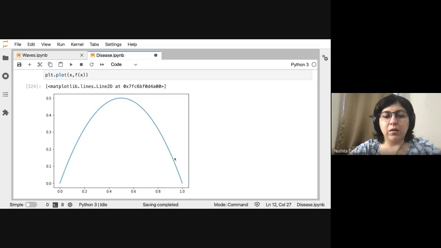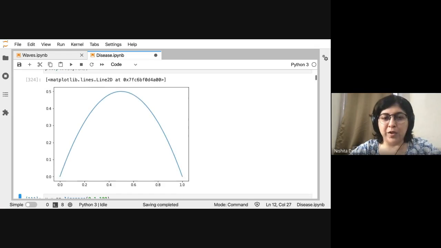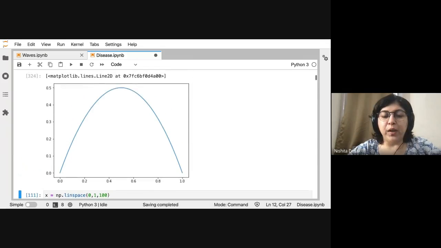Okay. So this is different from the uniform distribution, but it is still between 0 and 1. So if you want to find numbers that follow this distribution, what would we expect? You would expect a lot of numbers between 0.4 and 0.6, and not so many, say, between 0 and 0.1 or 0.9 and 1.